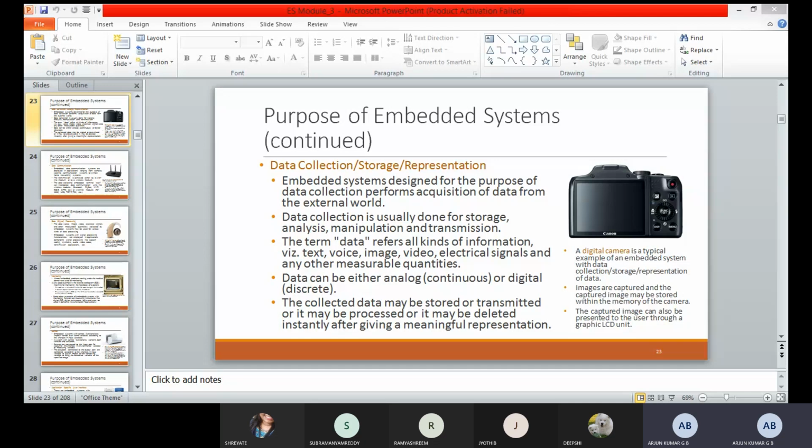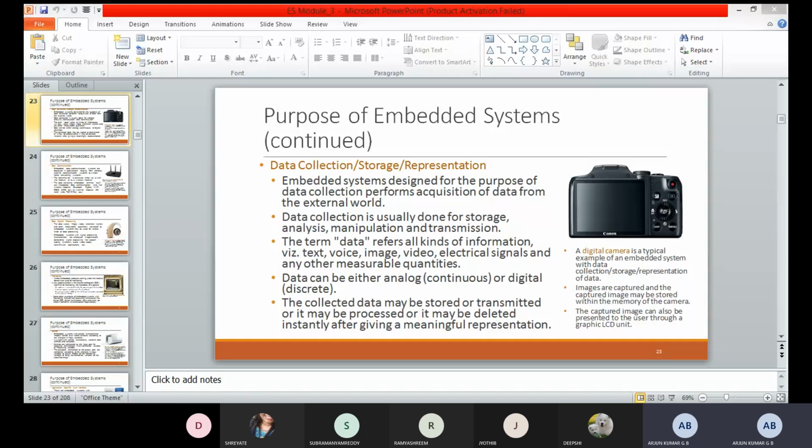Everyone is using mobile phones. This embedded system is useful for the telecommunication area also, and then computers, devices, and computer networking systems, healthcare, banking, and some smart cards. These are some of the application areas used in this embedded system.